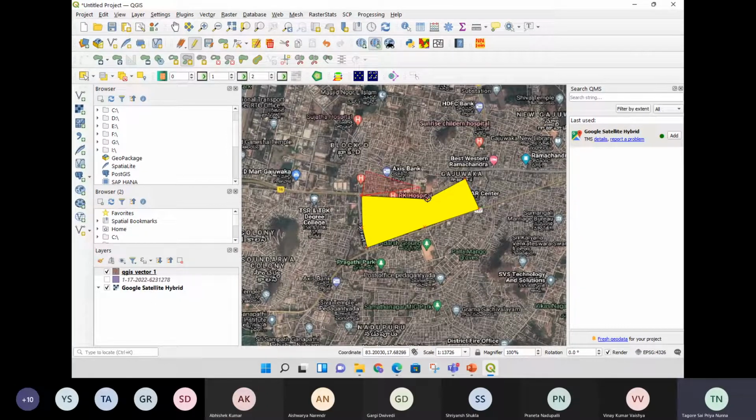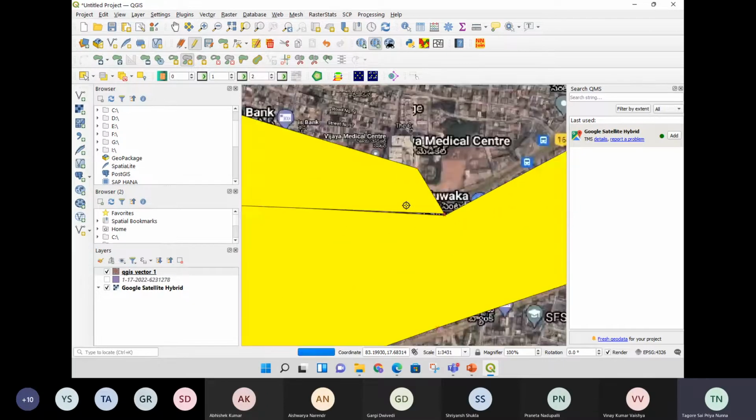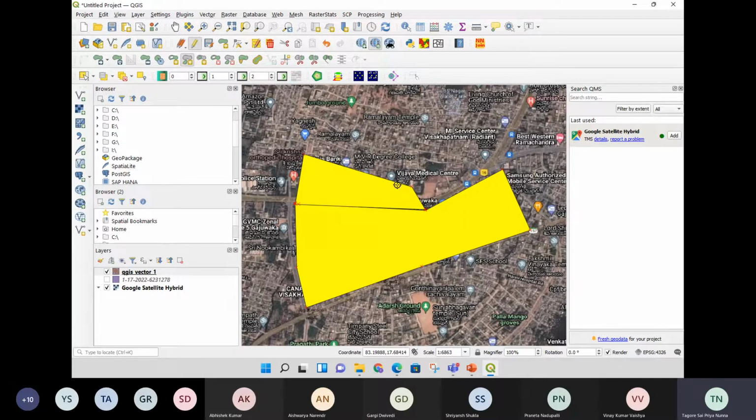So if I want to extend this polygon, if I want to add some other part within this same ID of a polygon, you can use this add part. Okay. So one part is created, and you can also delete this part. If you want to